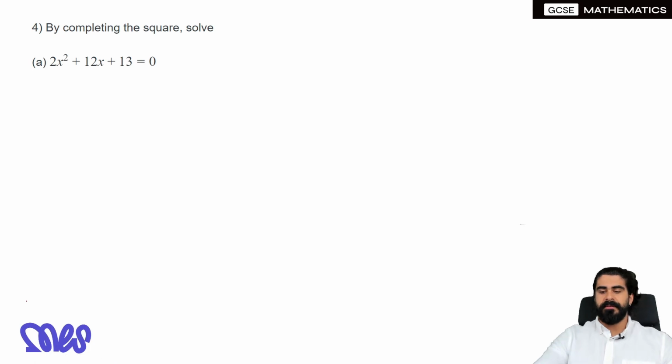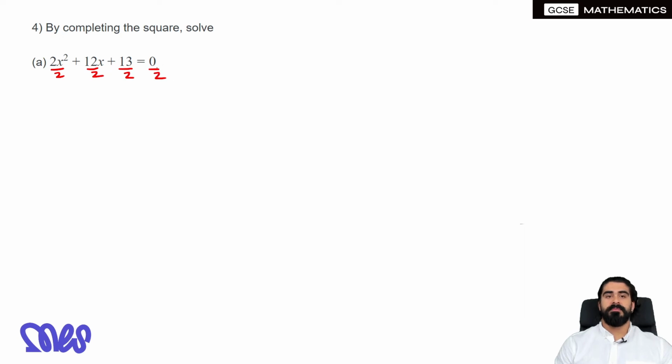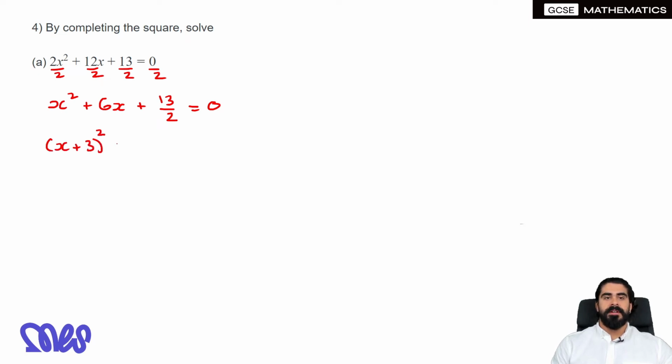Solve by completing the square. So with solving, when it equals 0, we don't have to factorize. So what we usually do is when there's a coefficient of x squared, we factorize out the 2 here. Instead, we can divide everything by 2 because it's an equation rather than an expression. So when it doesn't equal 0, you need to factorize out 2. But when it does equal 0, you can divide by 2. So we get x squared. So we do x plus half the middle term, 3, squared, subtract this number squared, which is 9, plus 13